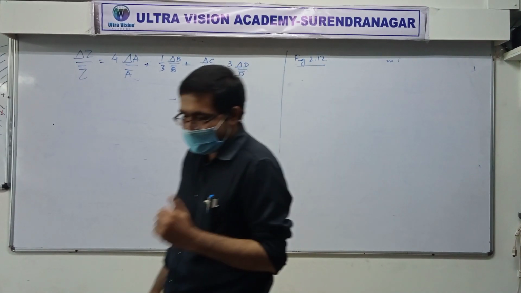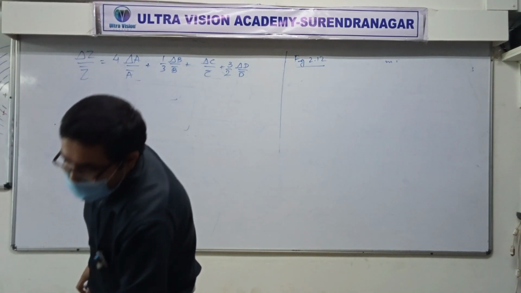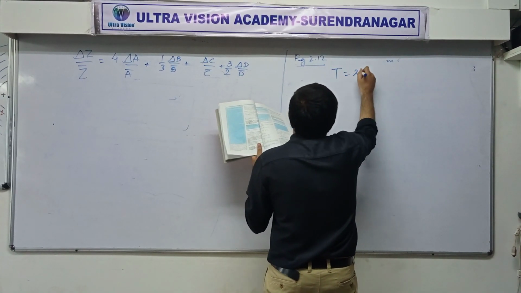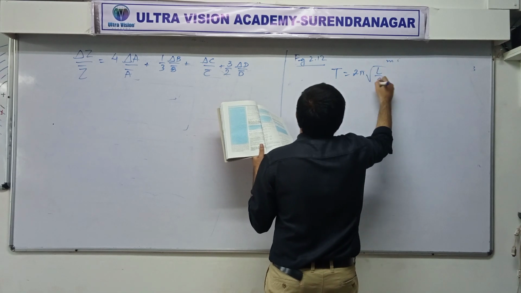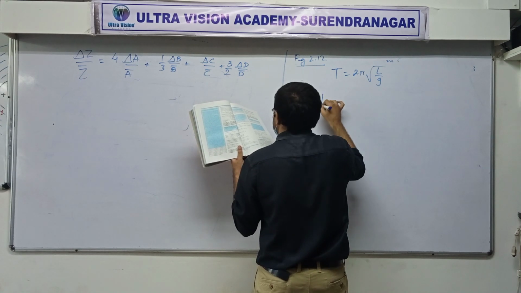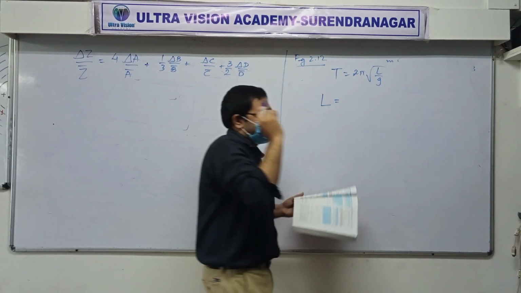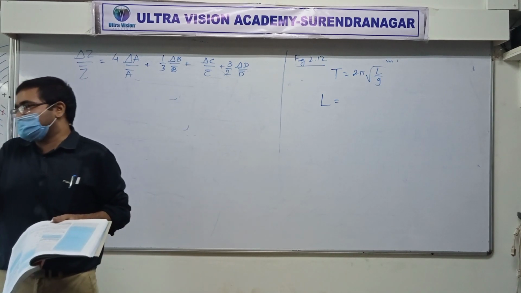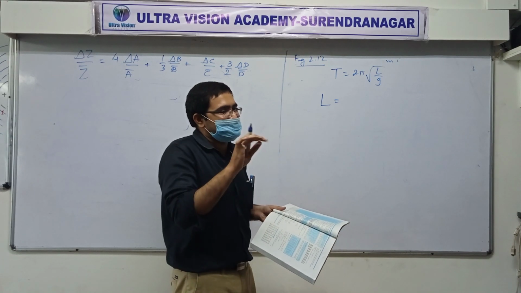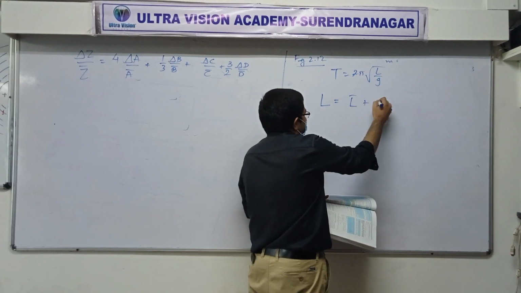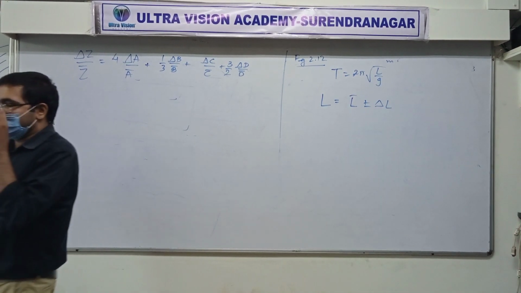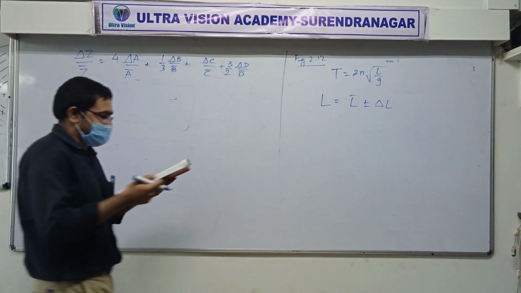What's the question? Let's read it. It says the period of oscillation, means time period of oscillation of a simple pendulum is given by 2 pi under root L by G. Measured value of L. So we are measuring L. Measured value means the average of all the values. Yes or no? Yes. When we report a measurement, we write the measured value as L bar. Do you remember that? Yes. Like this. Clear? Yes. How much is the measured value of L?